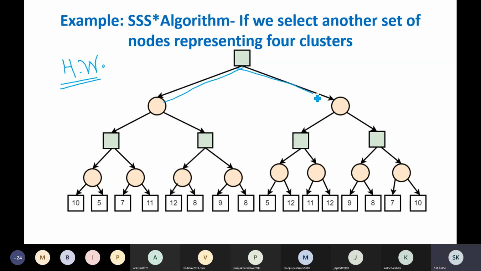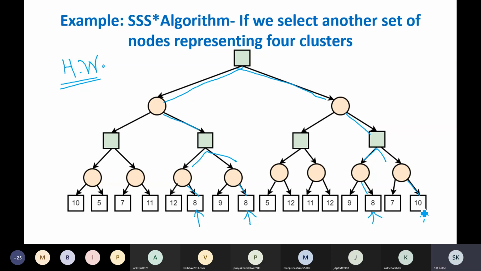For max, select all. For min, 1. The rightmost, suppose I am selecting. For max all, min 1. So I can have this set also. This is 8. The third one is also 8. Then 10. This can be one of the options.